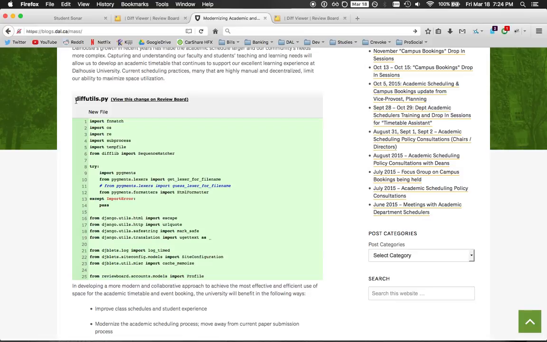The reason I did that was because it didn't really seem like it served much purpose. I'm still on the fence about this, but it felt unnecessary. Instead, I've included a link that says "view this change on Review Board", and this will just